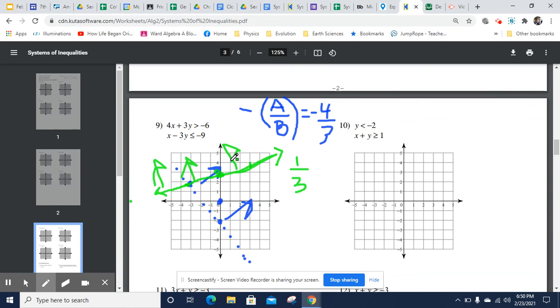And you might see that the overlap area is this area. So we've got this way and this way. So we can do an overlap zone of here. All of this is shaded over here. And this part of the line is included as well. So this is our solution to this system. All right, I'm going to stop at this